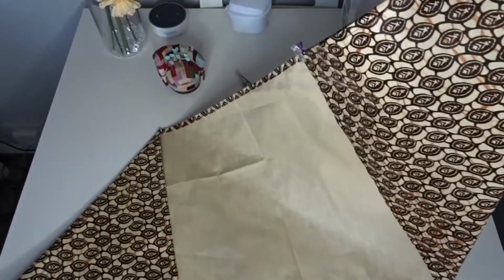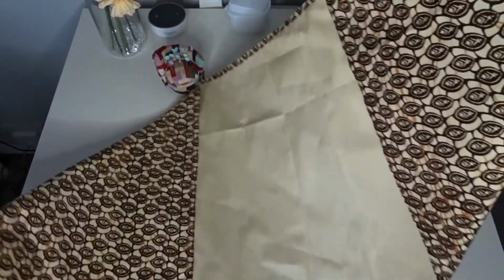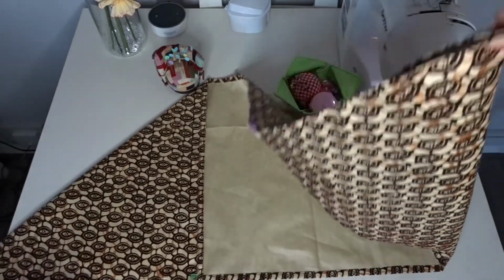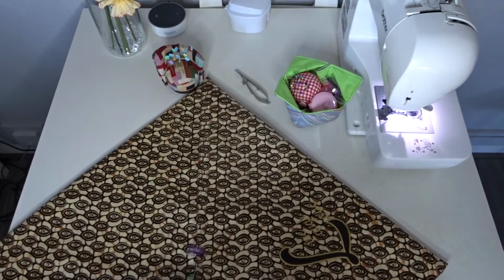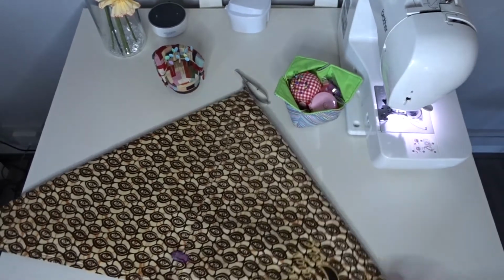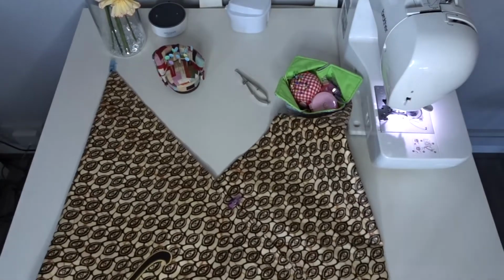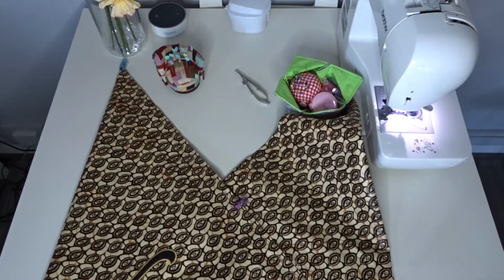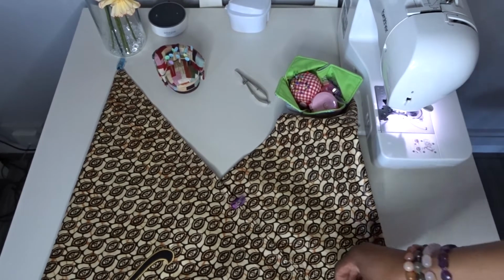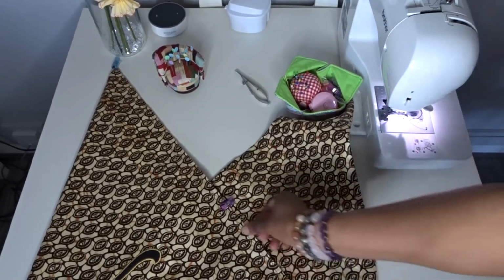Okay, so you're going to take one side of your triangle and you're going to bring it over like that. Okay, and that's what creates your origami bag. So like this, and that is your origami bag. You're going to bring these edges in, match them up